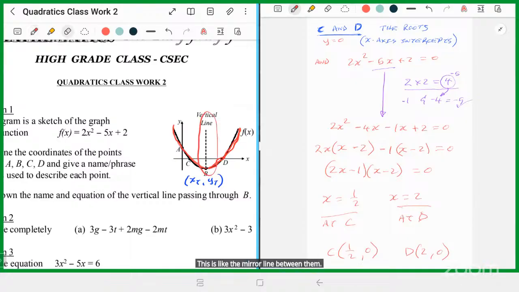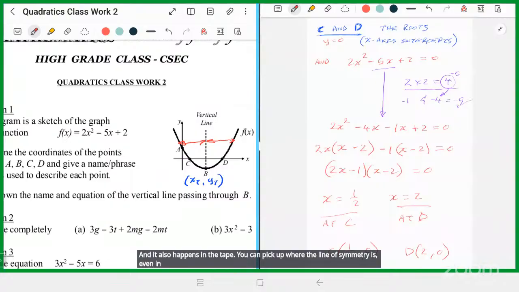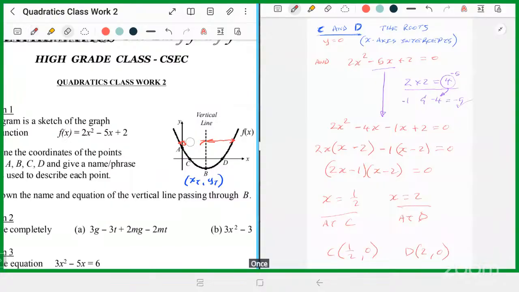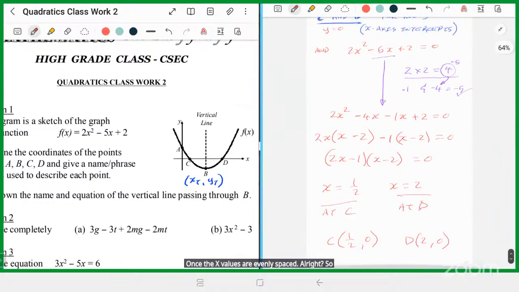And it is such that the x coordinates are the same distance. For the same y value, the x values are the same distance from that line of symmetry. And it happens on the graph, and it also happens in the table. You can pick up where the line of symmetry is even in a table of values. Once the x values are evenly spaced, you can pick it up. So let's talk about that vertical line now,